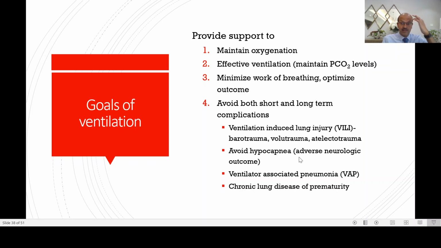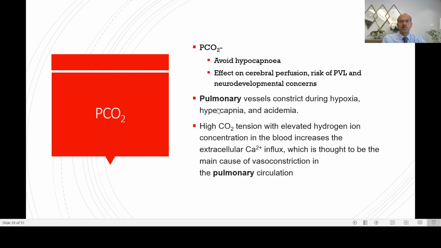So we discussed all this during the series on ventilation, and I would quickly run through this, but the factors related to blood gas is how you interpret. So in terms of PCO2, we should avoid hypocapnia at any cost, because hypocapnia reduces your peripheral perfusion. There is a risk of periventricular leukomalacia and neurodevelopmental abnormality as a result of prolonged hypocapnia. So the number of times a baby gets hypocapnic, the duration to which the baby is hypocapnic, these are important. We should also remember that the pulmonary vessels constrict when there is hypoxia, hypercapnia and acidemia. So these are parameters we should avoid, especially in a sick newborn baby when the pulmonary pressures are still labile.